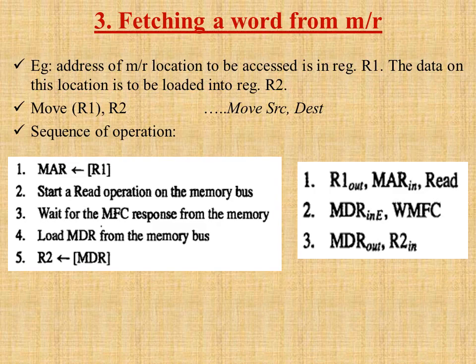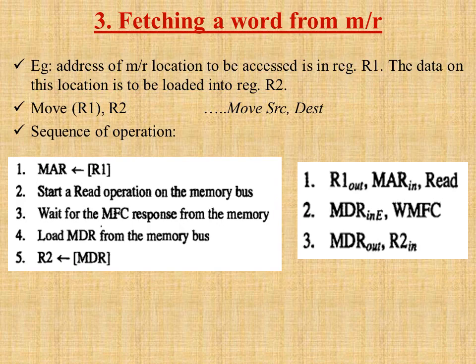So what is R1 holding? R1 is holding the address of a memory location where the data is stored. This data from the memory location will be transferred to the register R2. This is nothing but loading the data from the memory location specified by R1 into the register R2. So the assembly level language instruction becomes move (R1), R2.